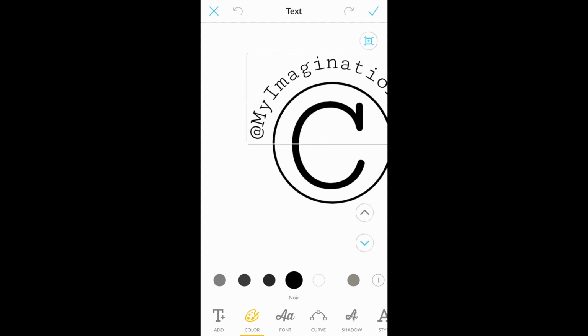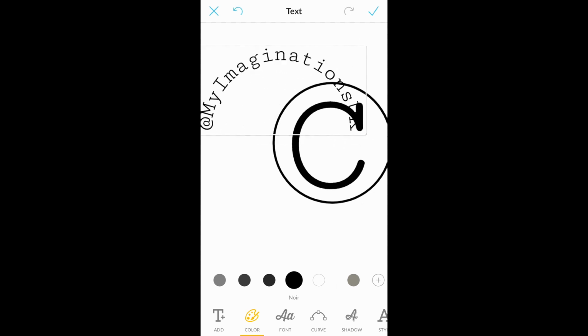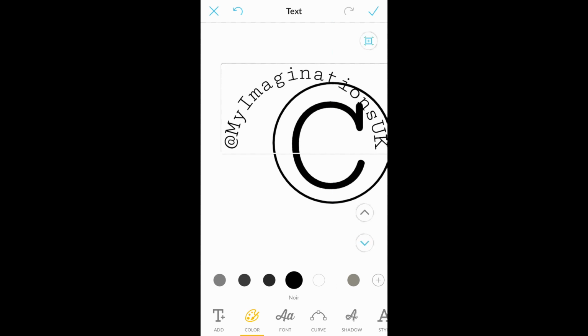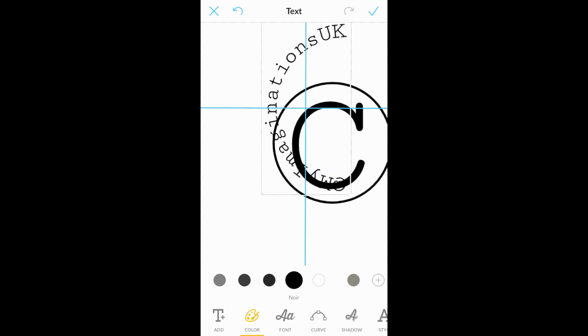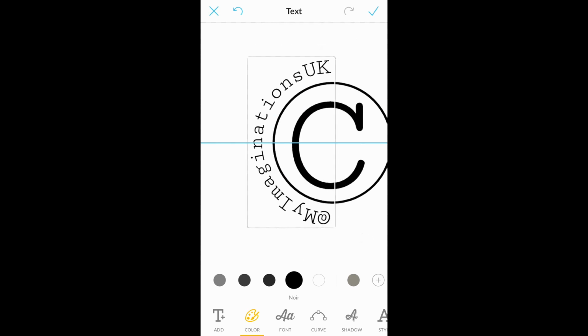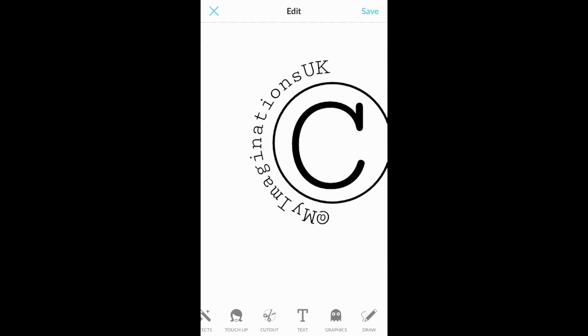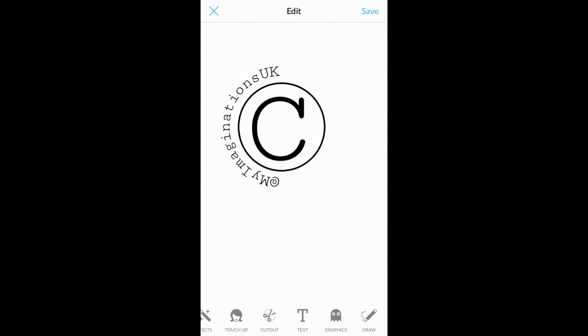If I hit text again and I clicked on the area where My Imaginations is written, and now I want to spin it, so I'm going to put 2 fingers on the screen and I'm going to turn in a semicircle. It's a bit fiddly, and then I'm going to just move that down the side, and I'm happy with the position, so I'm going to click tick, and then I'm just going to zoom out to check I like it,